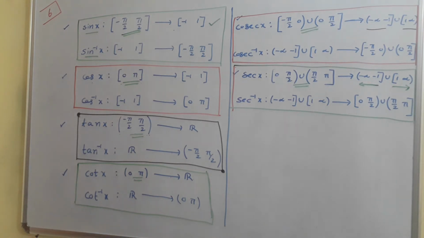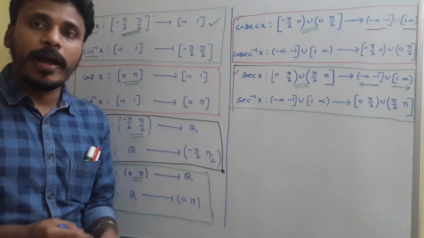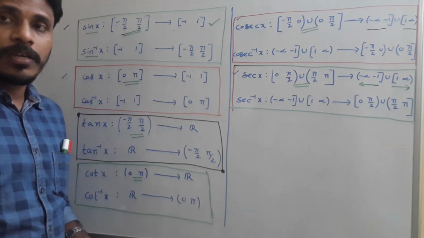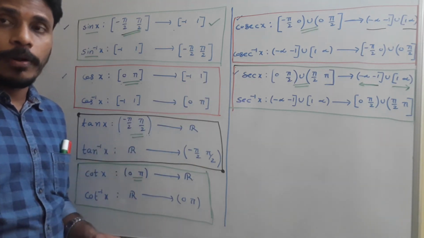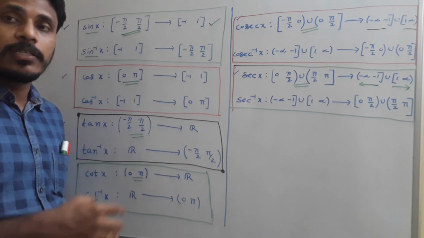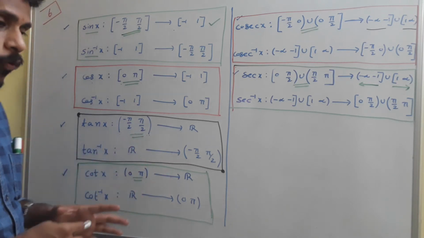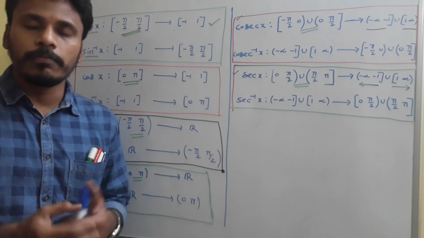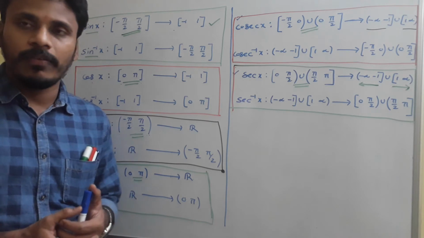So afterwards you just make a list of the domain and ranges of all these functions, for the 6 trigonometric functions as well as for the 6 inverse trigonometric functions. You just try to make a table which indicates the domain and ranges of all these 12 functions. Okay, right. And after this I will give you some simple problems on how to calculate the values and everything.